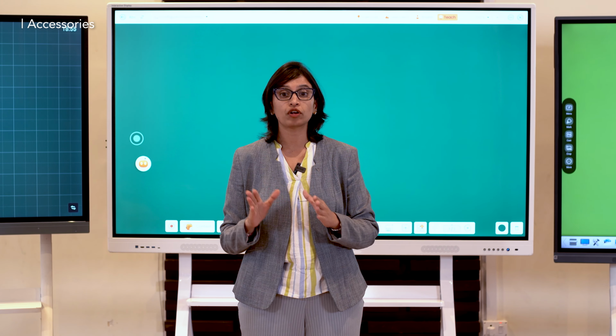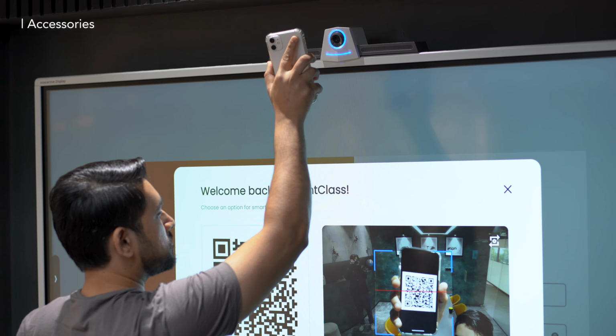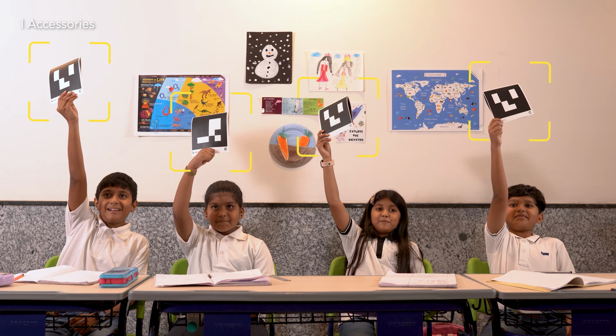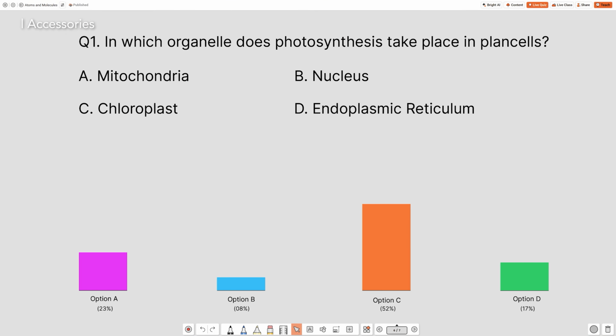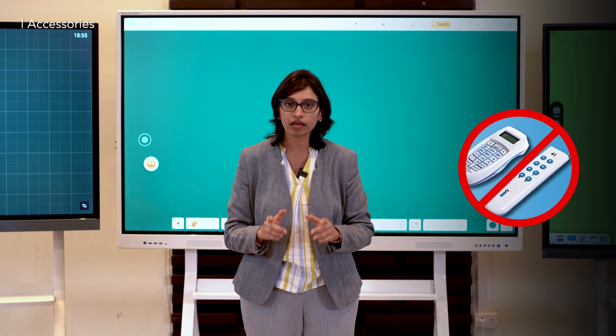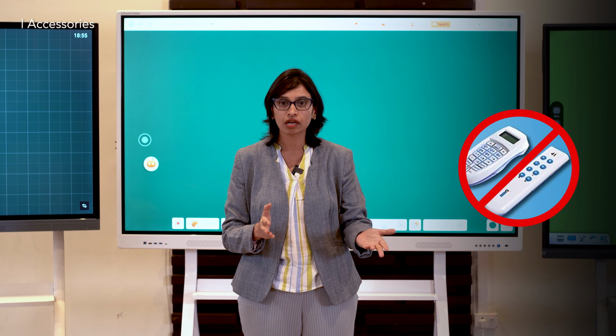Also ensure that the camera offers additional capabilities like class monitoring or teacher login or students response systems while conducting quizzes using the printed materials, which can actually save you a huge cost that you would be investing in clickers. If your camera is just going to be used for a mere video conferencing or online teaching, better you avoid it.